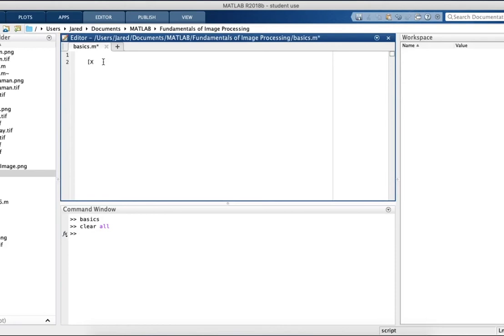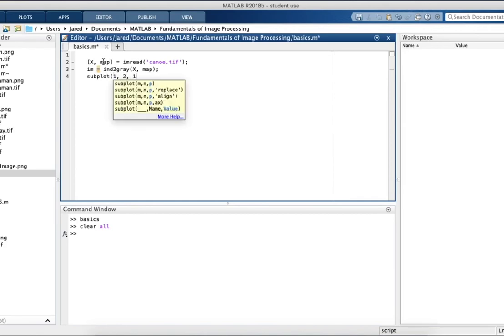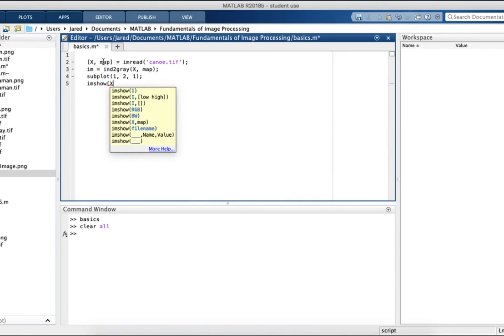For this, it's going to be X, map equals imread, an indexed image, so canoe.tif, im equals ind2gray, X, map, subplot 1, 2, 1, imshow, we'll show X first, that's the original, the label, original,